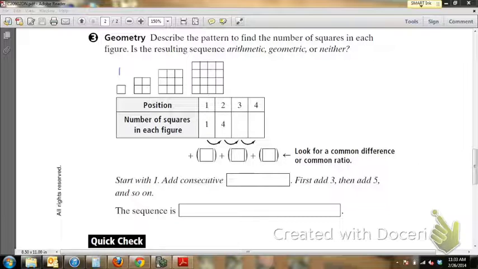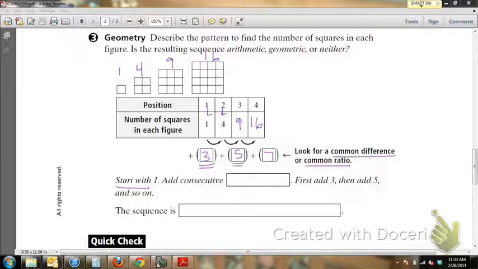The first square had 1 square in it. The second one had 4 squares in it. The third square has 9 in it, and the fourth one has 16 in it. So let's take a look. Let's see if we have a common difference or a common ratio. Well, from 1 to 4, I added 3. From 4 to 9, I added 5. From 9 to 16, I added 7. So I started with 1, and I added consecutive